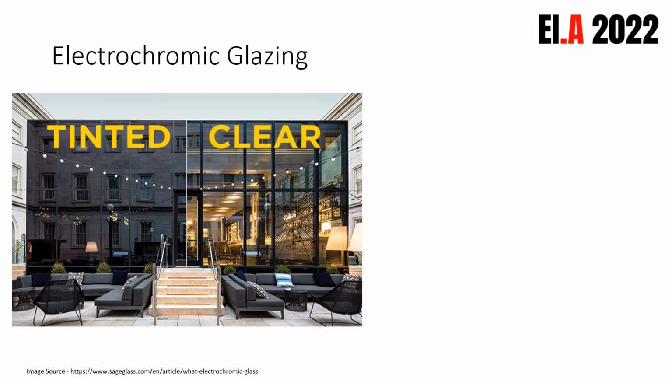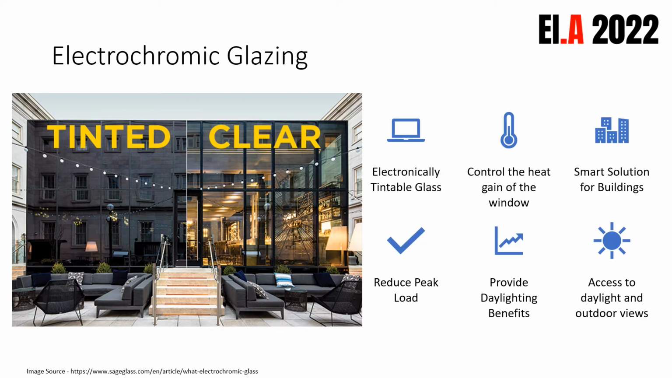Electrochromic glass is an electronically tintable glass used for windows, skylights, facade, and curtain walls. EC glazing can dynamically control the heat gain of the window by changing from fully clear tint to dark tint. It is a smart solution for buildings in which solar control is a challenge, such as classroom, healthcare, commercial offices,